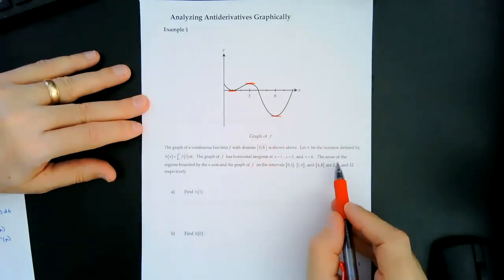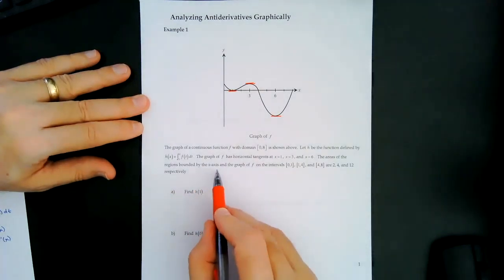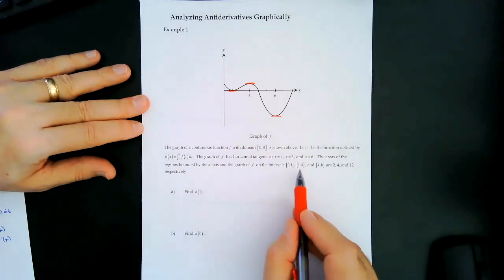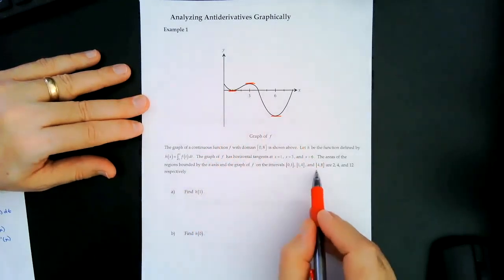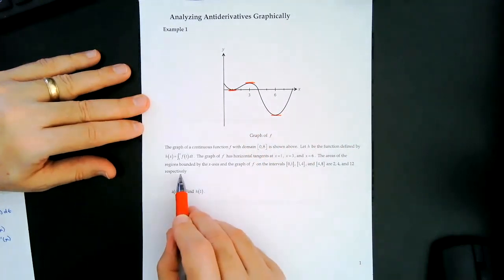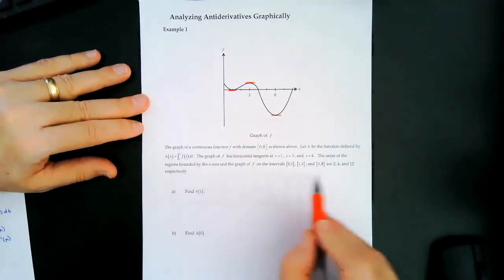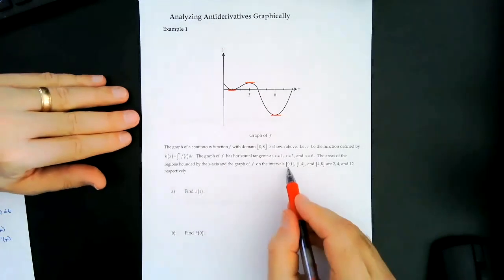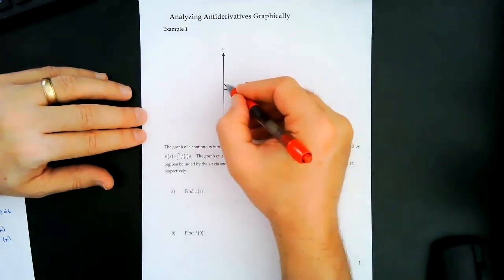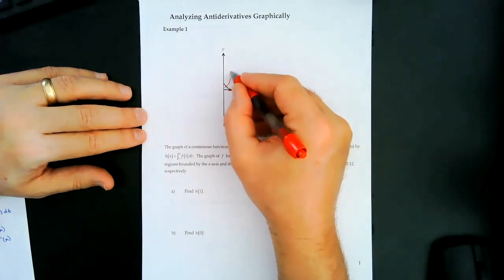The areas of the regions bounded by the x-axis and the graph of f on the interval 0 to 1, 1 to 4, and 4 to 8, are 2, 4, and 12 respectively. Now, what respectively means is that they're in order. So 0 to 1, that region right there, we know has area